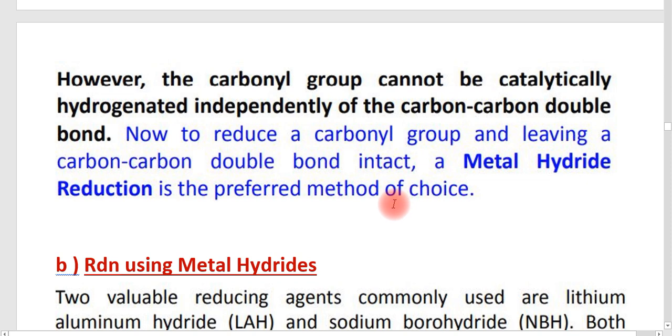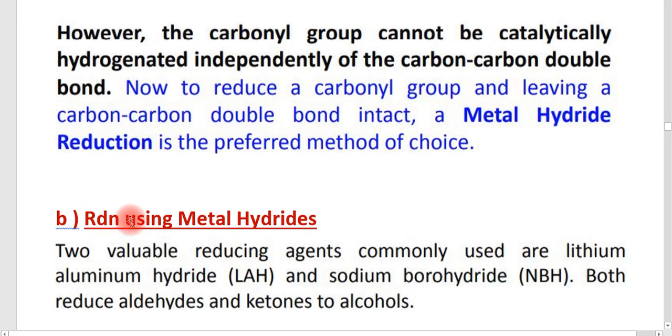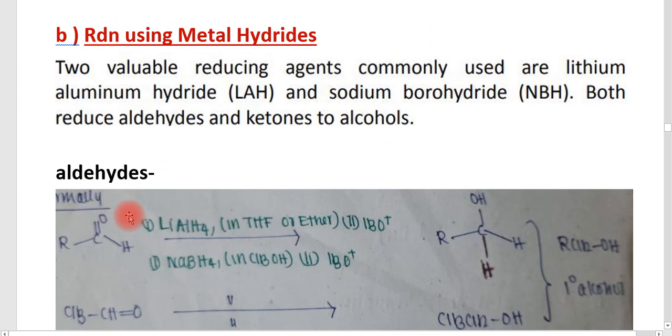in order to undergo reduction of the carbonyl group, it is better that a metal hydride reduction is used. So the metal hydride reduction is preferred for such types of molecules. If you want to reduce only the carbonyl group and leave the C double bond C there itself, then in that condition you can use the reduction using metal hydrides. So basically we can say that this is the major importance of using metal hydrides in